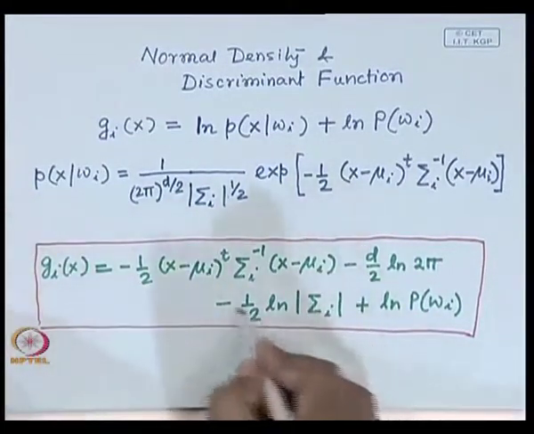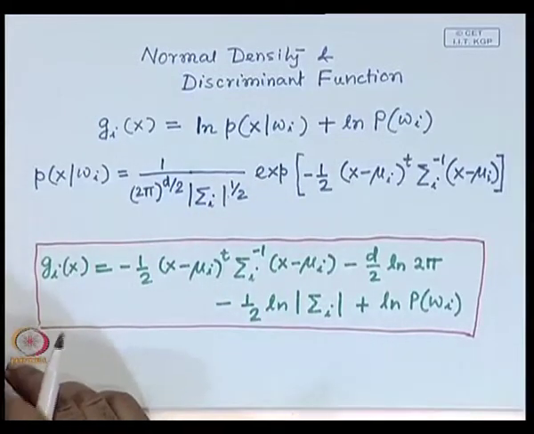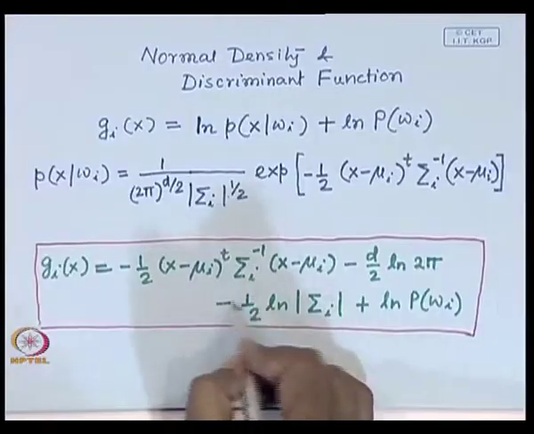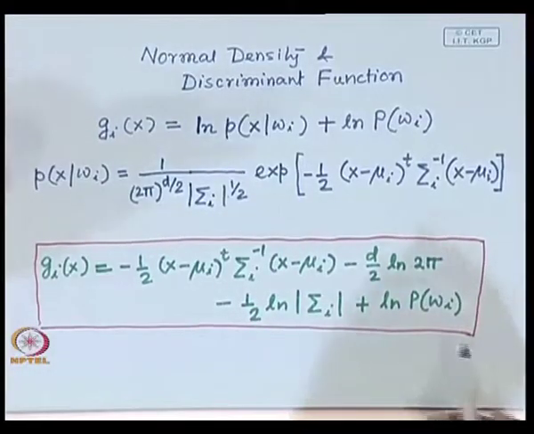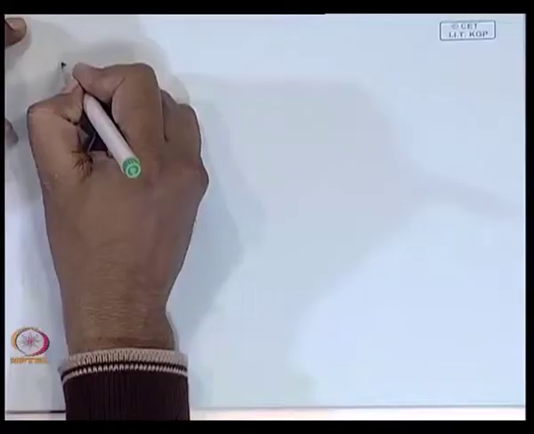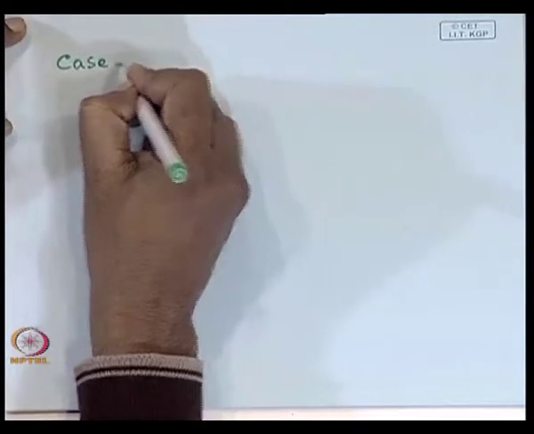And we have said that depending upon this covariance matrix sigma_i, we can have different types of discriminant functions. So, we will see those cases, that if this covariance matrix sigma_i takes different forms, then what are the forms of the discriminant function, or what is the architecture of the decision boundary between two different classes. That varies depending upon the covariance matrix sigma_i for the different classes. So, the first one that we will consider is the simplest form. We will put that as case 1,